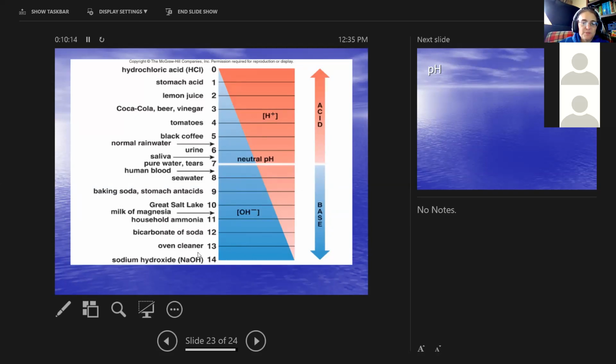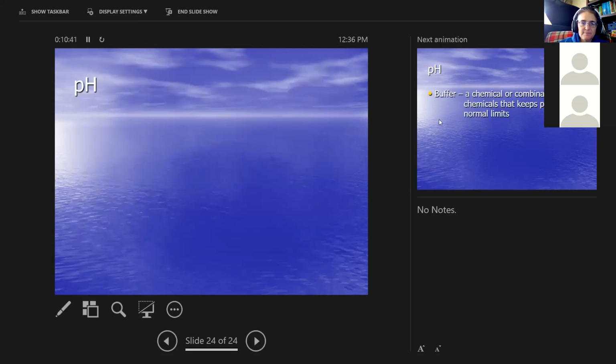Whereas I've talked about how a base burn can be as bad as an acid burn, maybe worse, because for me, the base burns I've had in chemistry labs didn't hurt until they were already pretty advanced through my skin. Whereas the acid burn hurt immediately, so I knew to wash it off and neutralize it very quickly. The base burn kind of snuck up on me. I think part of it is because it's slippery.